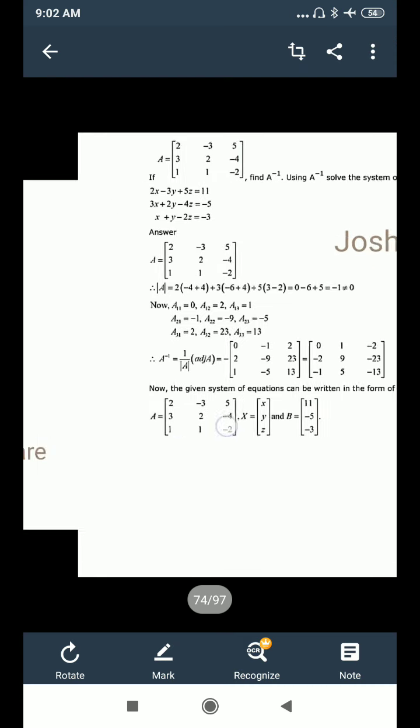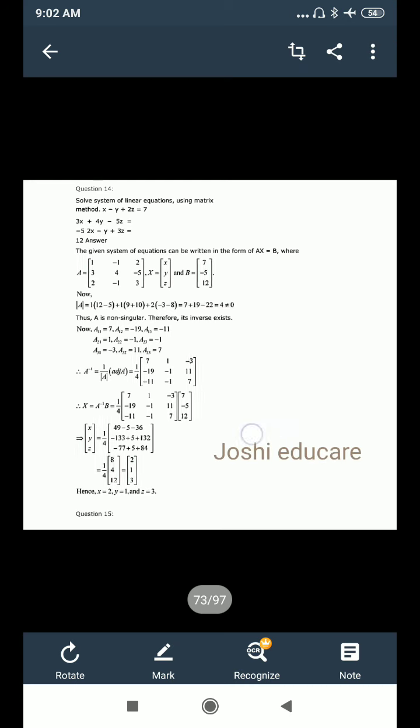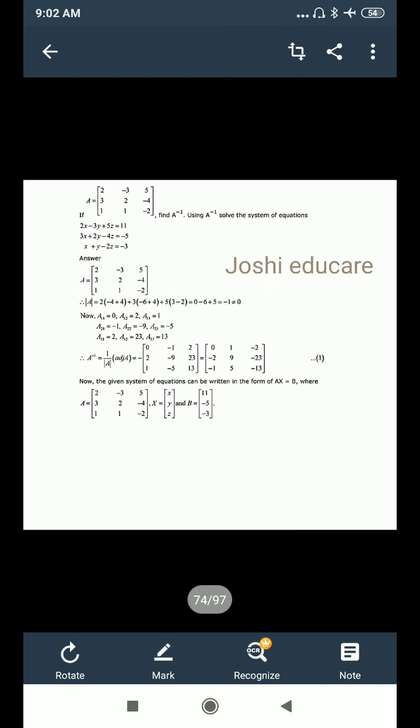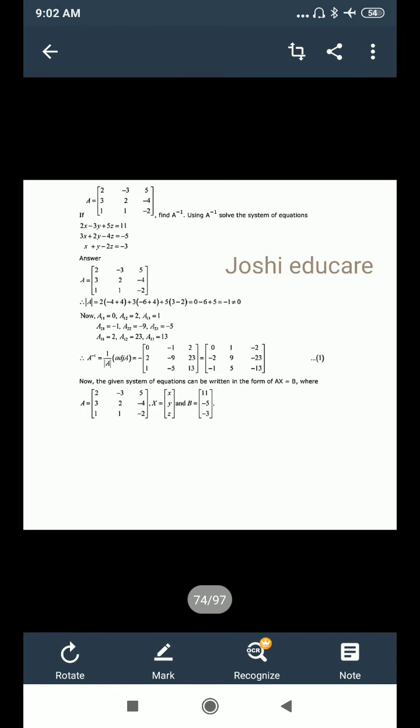Okay, this is a little bit different question. Nothing is different, only some explanation is needed. Question number 15. So I am explaining it. One matrix is given, and he's asking to find A inverse. No problem. We can easily find A inverse of a matrix.